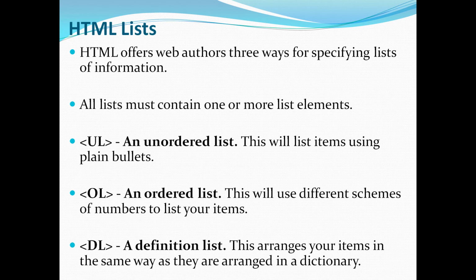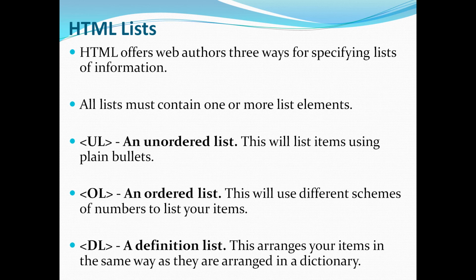Normally, unordered list means there is no order, like point by point if you want to display data. For example, these are the options, these are the features, first 1, 2, 3, 4. Features like that we can display without numbering, point by point, with details. That is done by using the unordered list, that is UL.